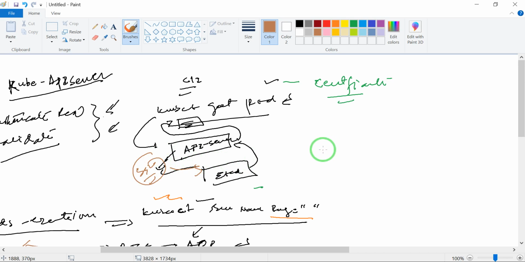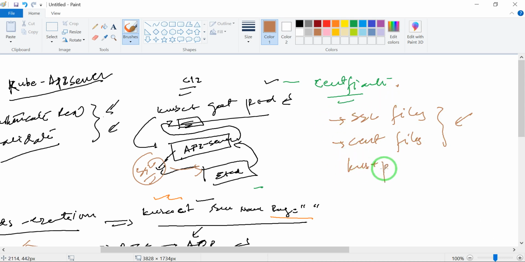It will be generated once you deploy the Kube API server in your cluster, at that moment the SSL files and cert file are created and pasted into the Kube API configuration.